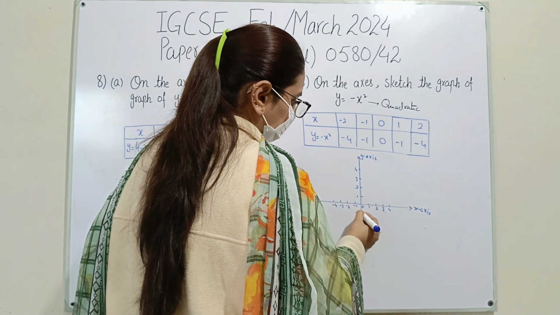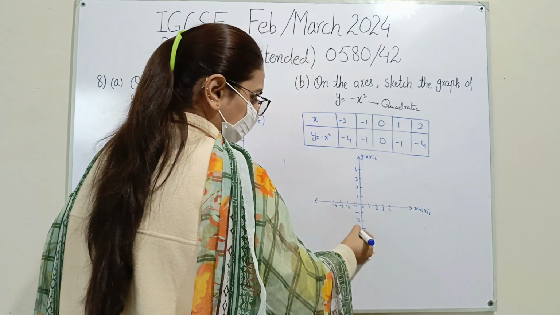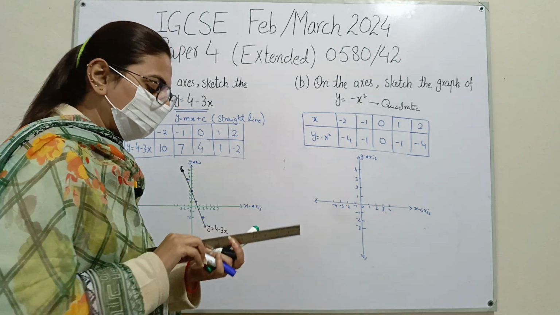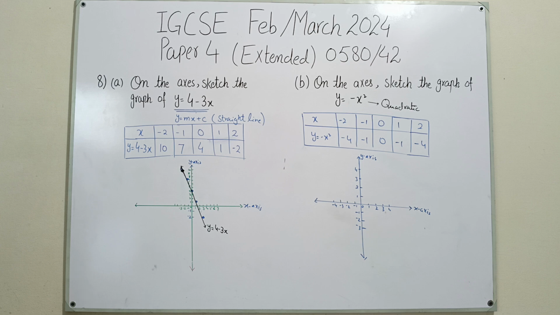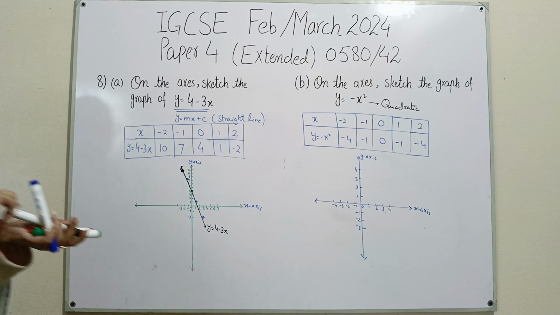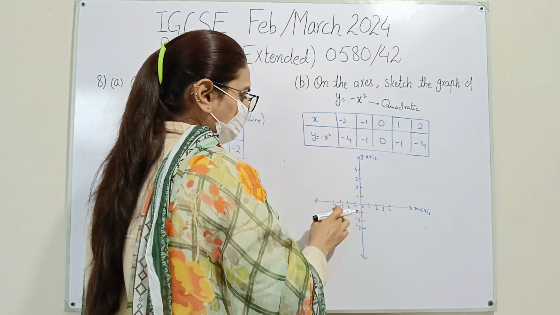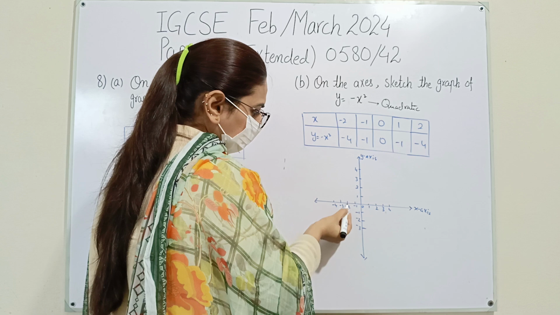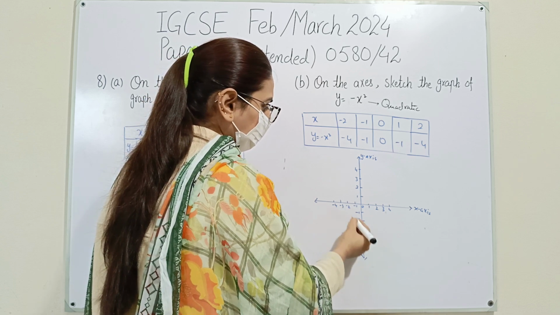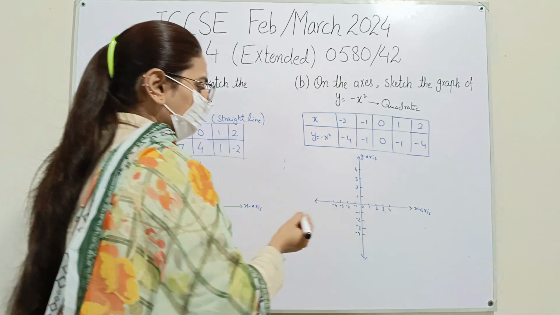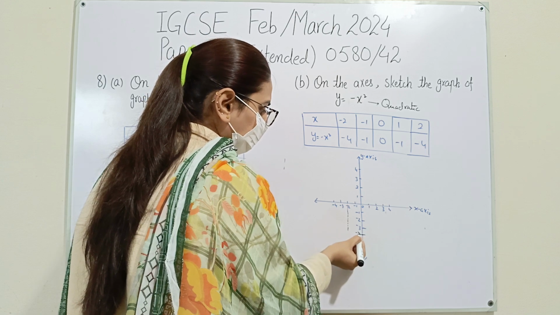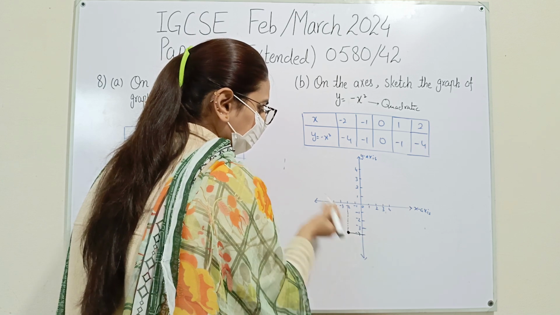In the same way, you can get the negative values of y below the origin. So try to plot this table. If you take the value minus 2 for x, minus 2 is giving minus 4. This is minus 4, minus 2. Here you will have minus 4. So by taking minus 2, you are getting minus 4. It means the point will be drawn over here.